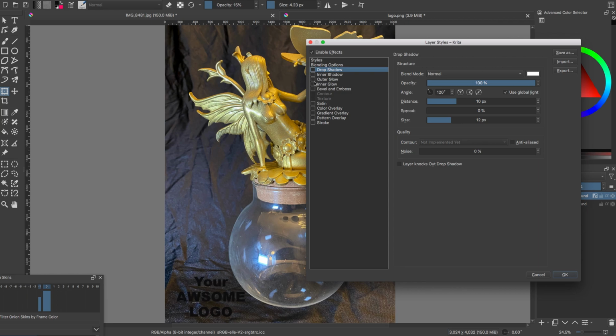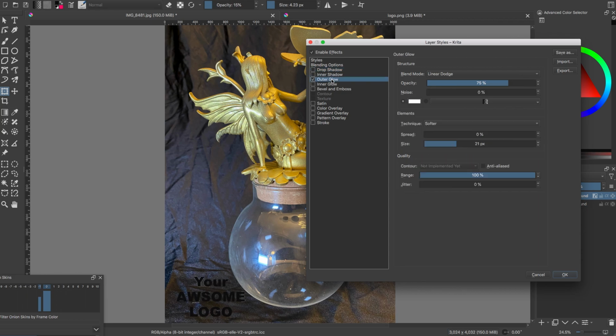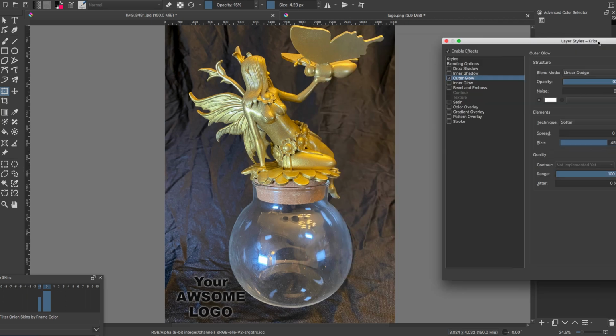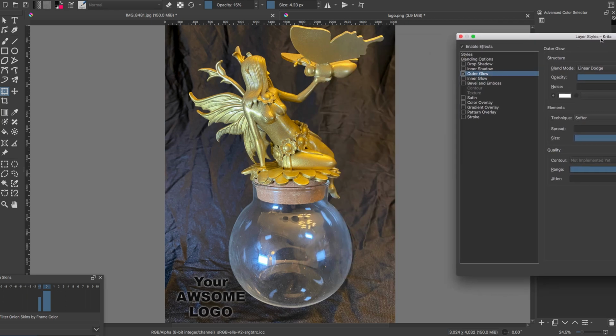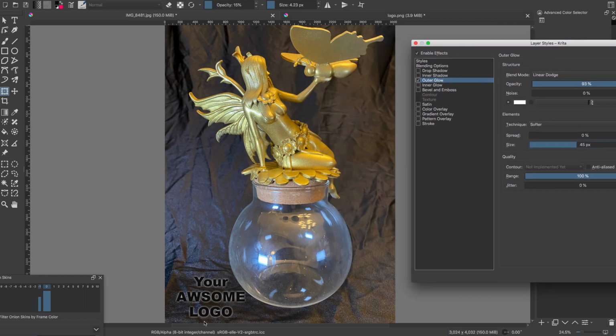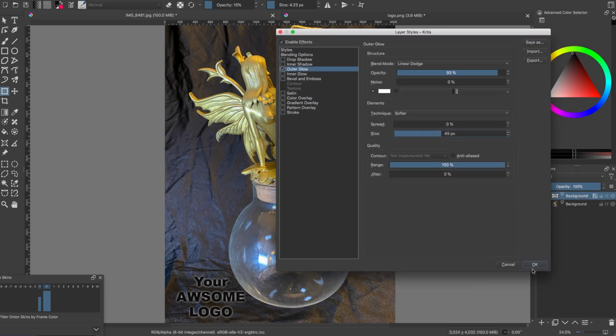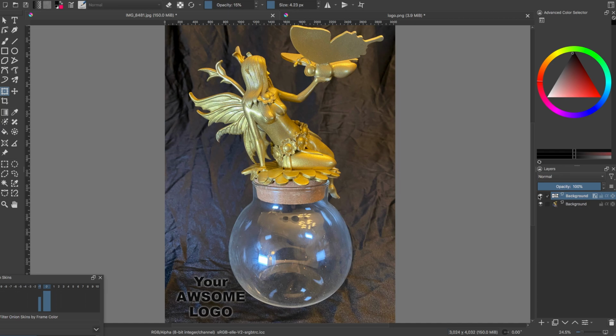Let's try outer glow. See, I like that a little better personally. I don't know how you feel. You got to go with what works for you. See, now to me that makes it look easy to see. It's still out of the way. You can see all the goodness in the photo, but that is definitely there. Okay. Another thing you can do,